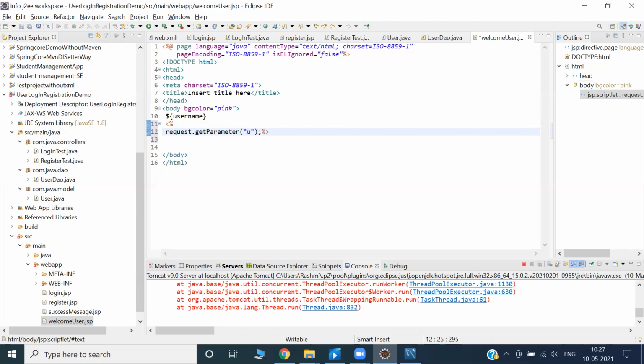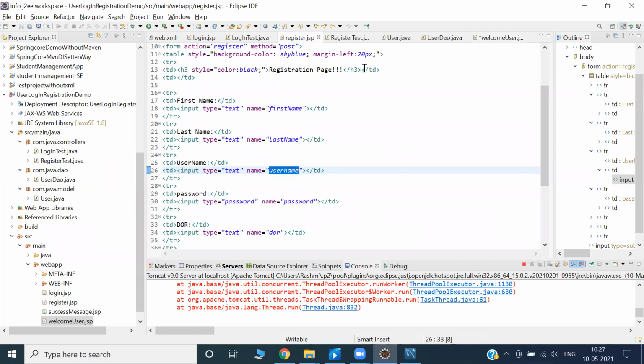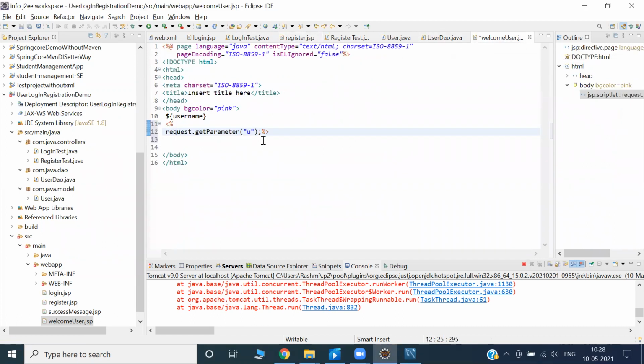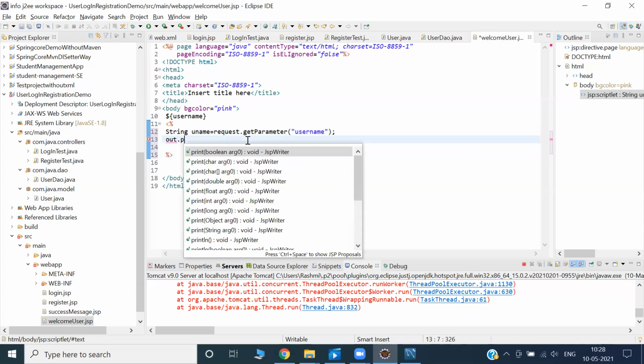Username. Copy. It's a string. String username. Out dot println.